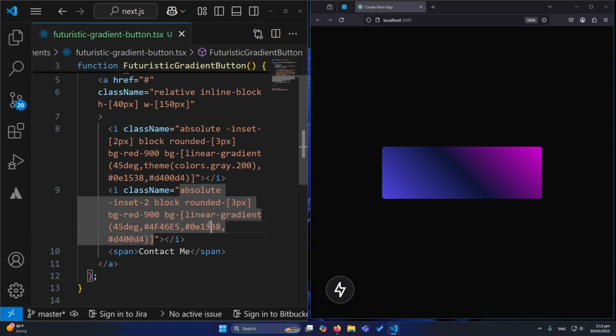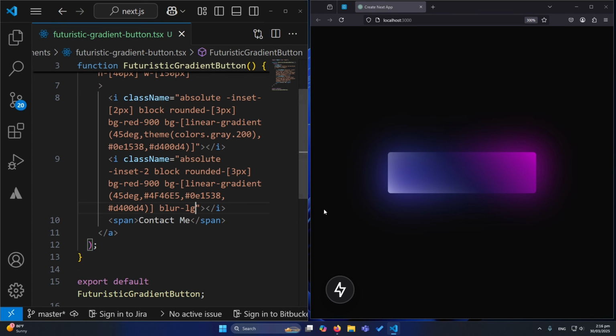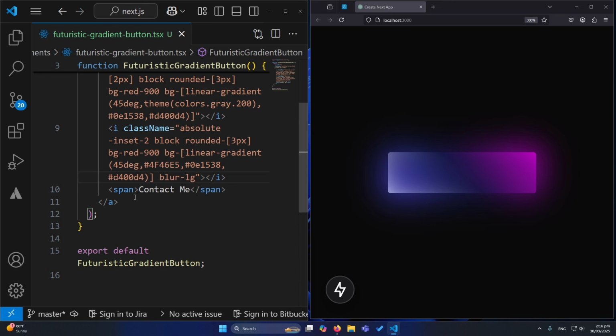Okay, so then in the last I will define here one more value, which is going to be blur -large. Okay, now you can see that once you blur this, it will look like there is a light around the button. And next we have the final part, which is we need to define the classes for this